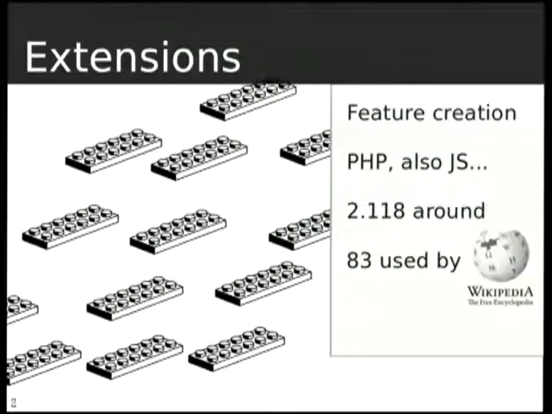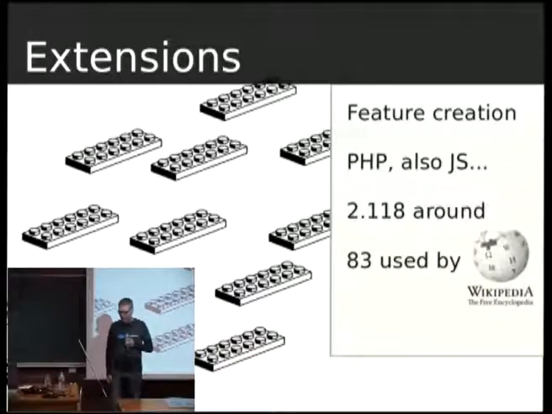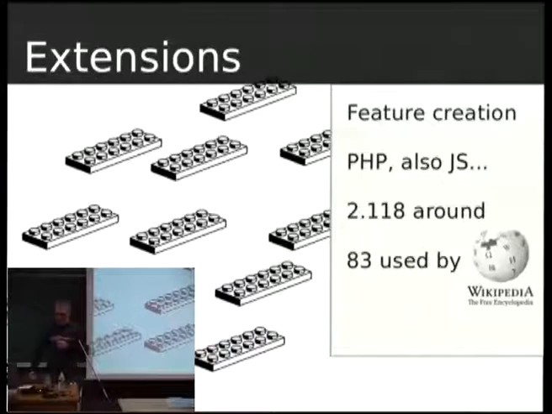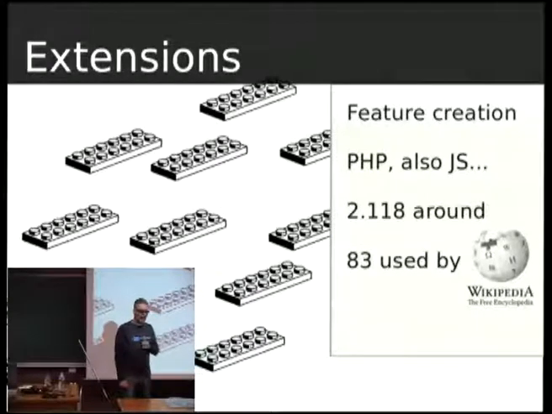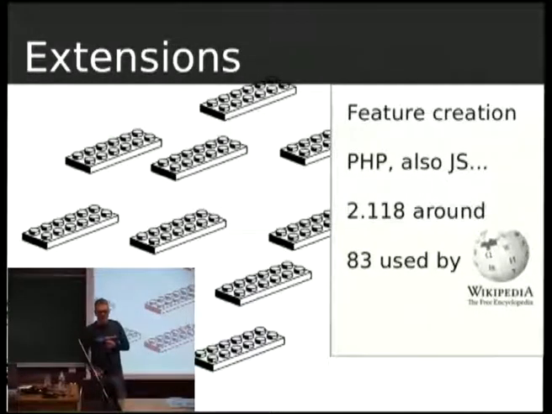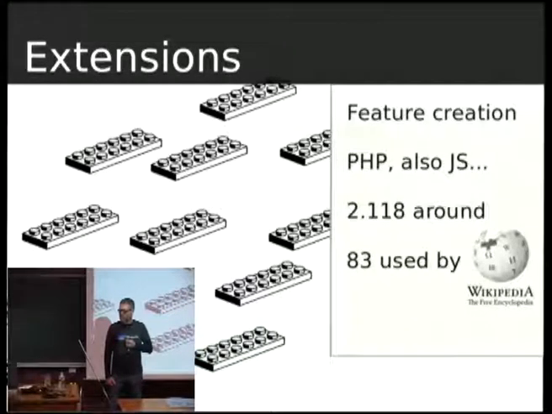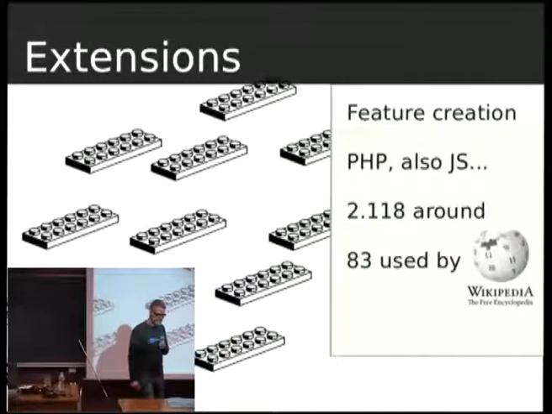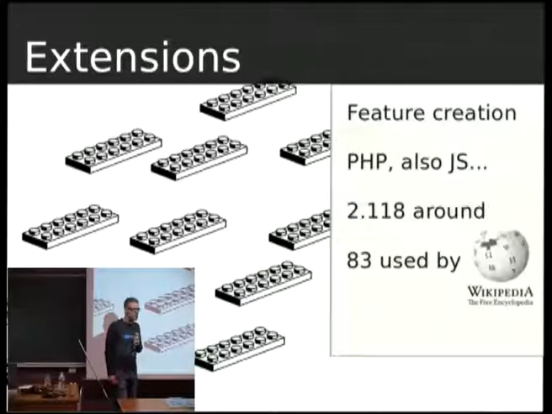We go down to extensions. So actually plenty of functionality that you get as a user of Wikipedia comes from a specific extension. I don't know, it can be a way to upload files. It can be, I don't know, many specific functionality. These extensions are written in PHP, mostly. And basically, again, you can start contributing to any of the many extensions that are around. 83 of them are used in the English Wikipedia, but there's plenty more around used by other projects. Or maybe we are just missing something, and that something could be an extension that you could provide.